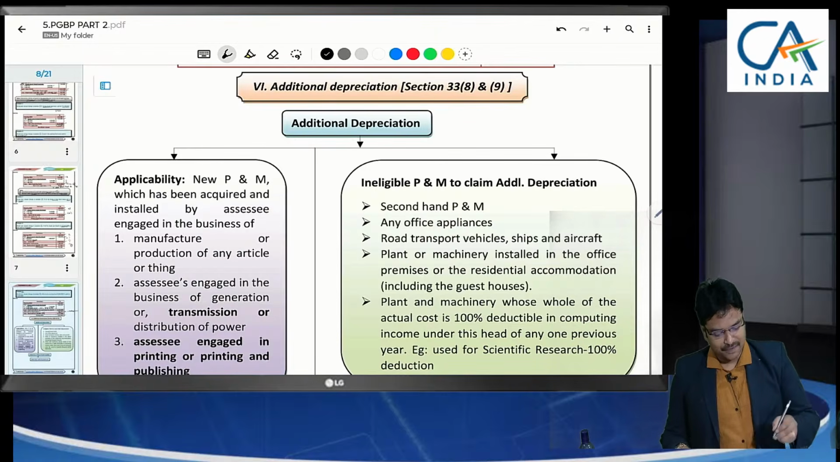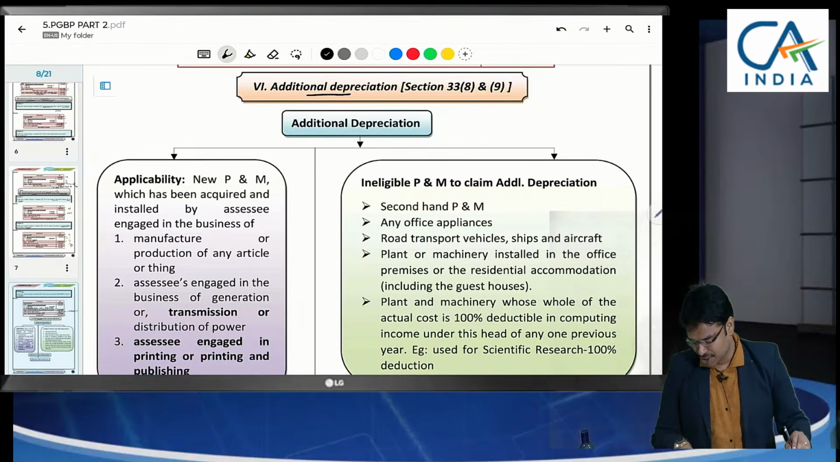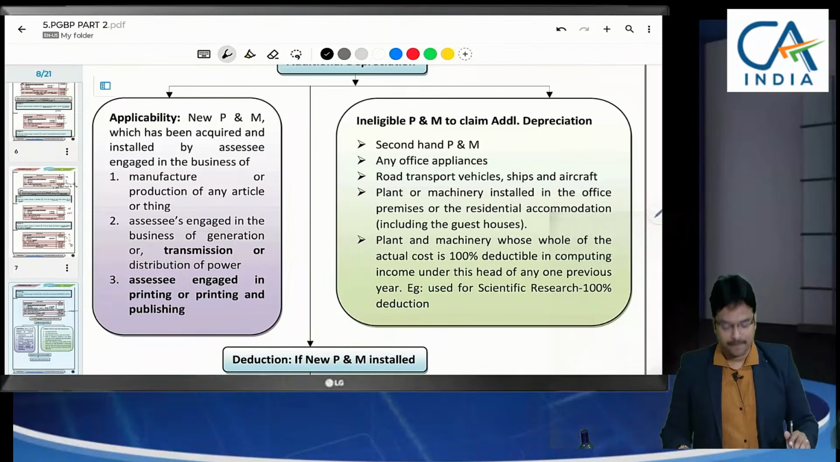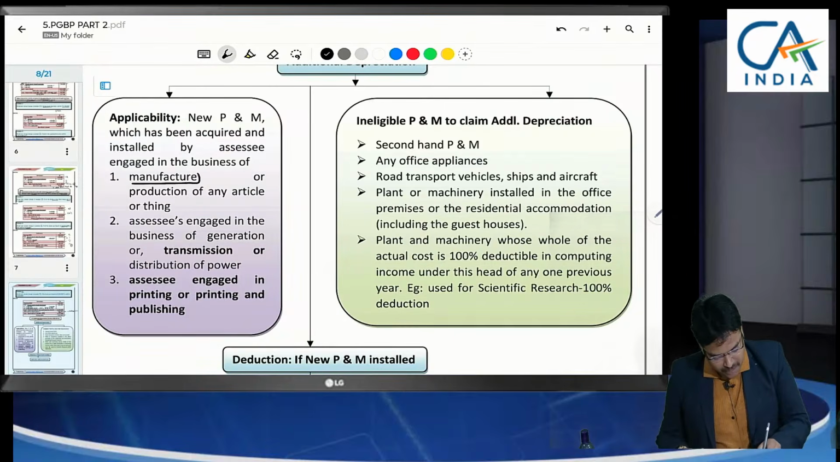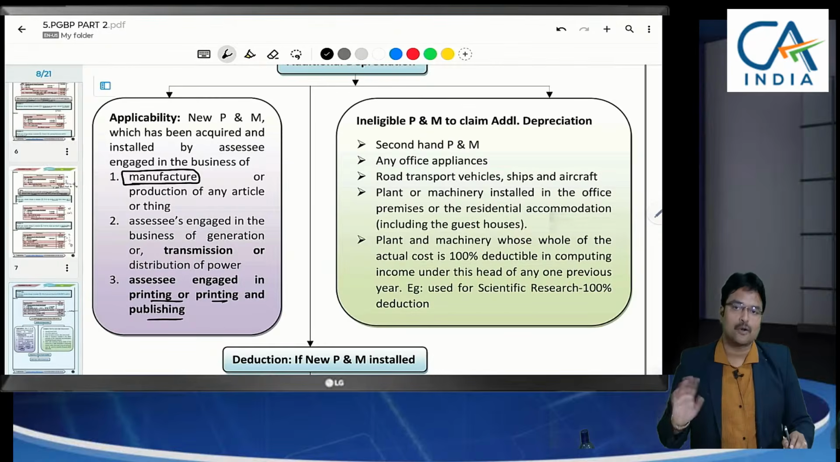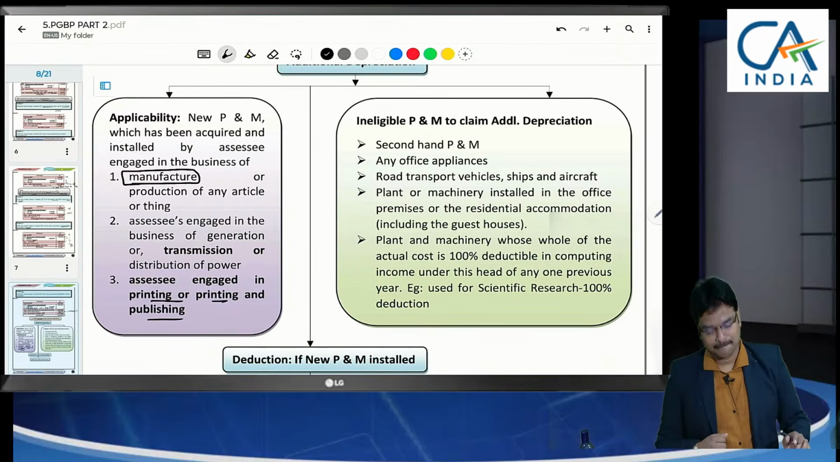Now we are entering for additional depreciation. Along with normal depreciation, SSEs who were in the business of manufacture. Here manufacturing also includes printing and publishing also. Not only printing and publishing, any manufacture of products. For new plant and machinery,